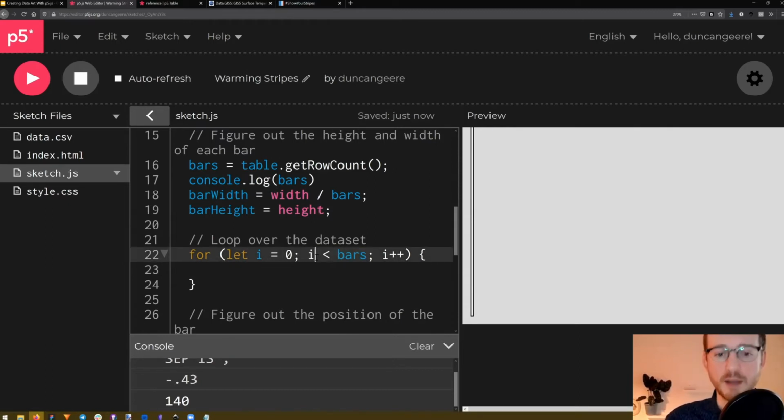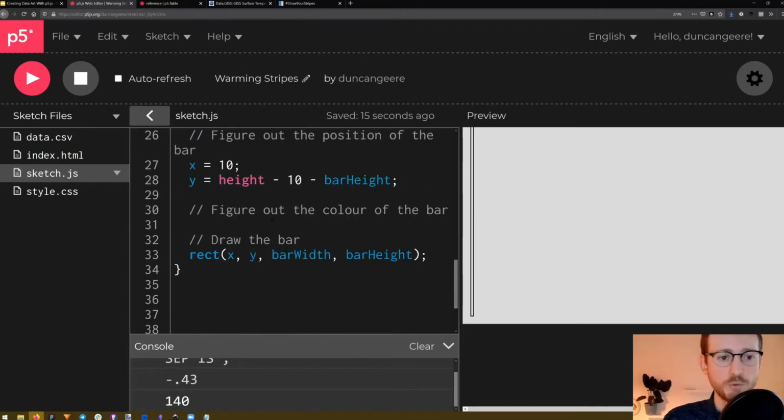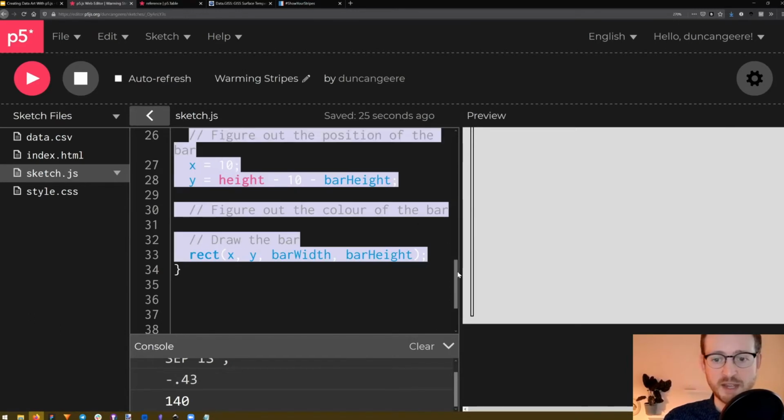When i reaches bars, when i is no longer less than bars, it's going to stop and it's not going to run anymore. And we're going to use this i in 2 places. The first is to figure out where things should go, and the second is to actually get the data point at that bit in the data set. Okay, so we can now move all of this stuff here